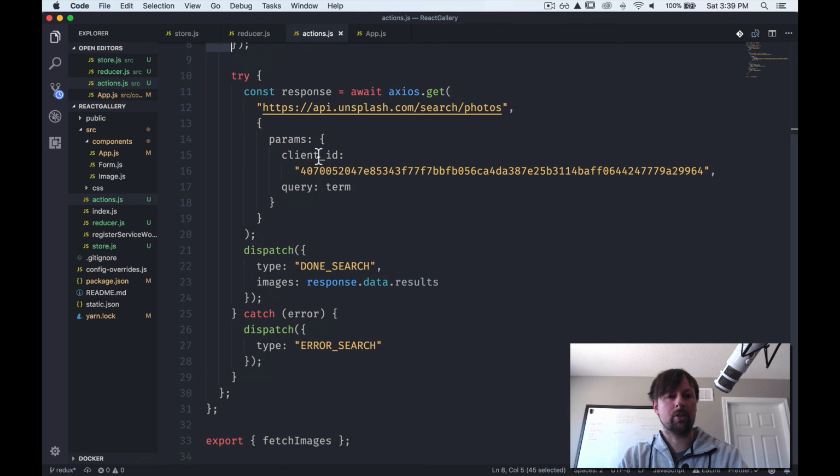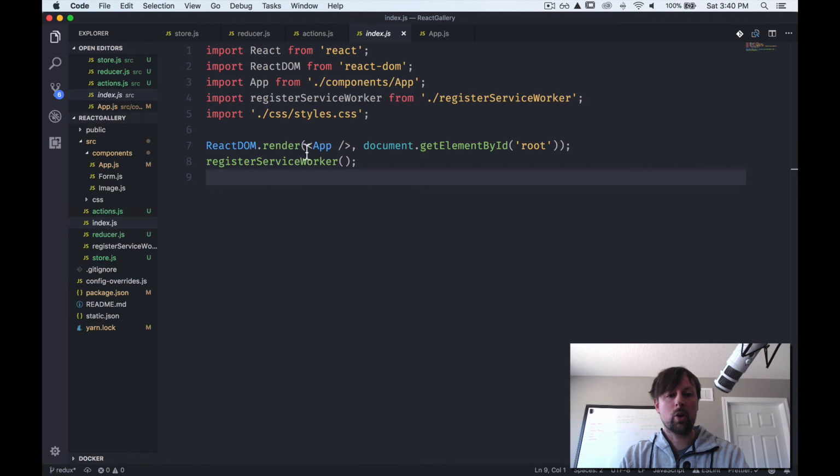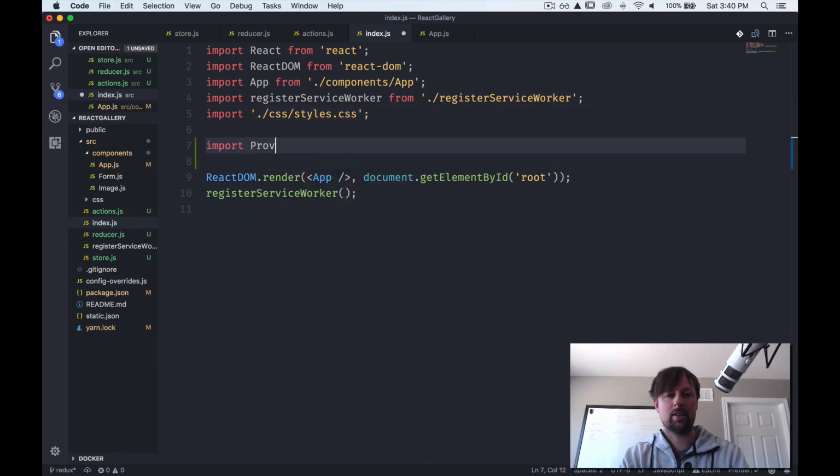All right, so this is good to go. Now we've essentially got the Redux part of it done. Now we need to do what we did in MobX, where we injected and made our components observers. But in Redux, that's called connecting your store to your component. So we go to our index, and just like MobX, we need a provider. And that gives us the ability to inject in MobX's case or connect in Redux's case our store to our